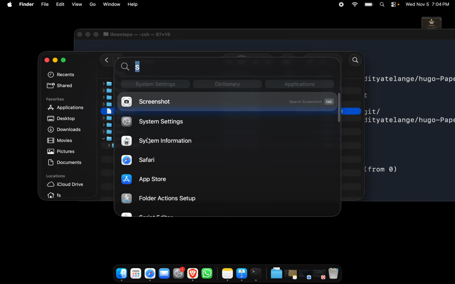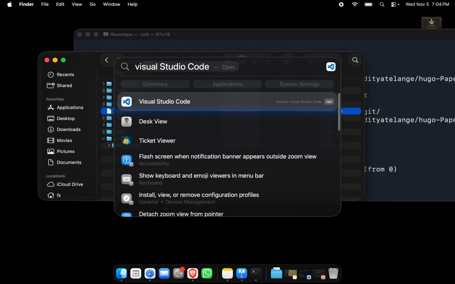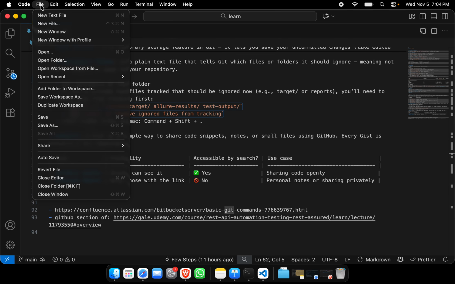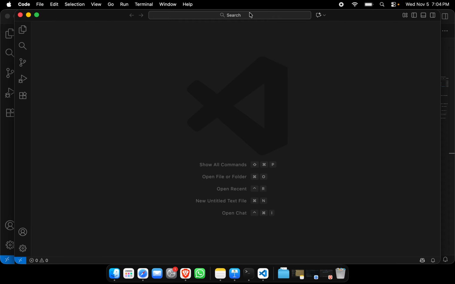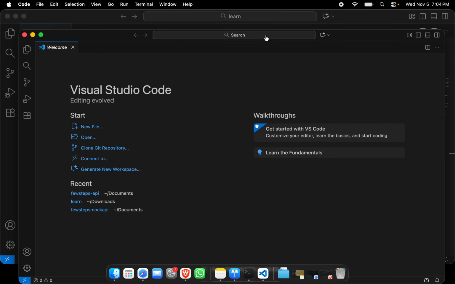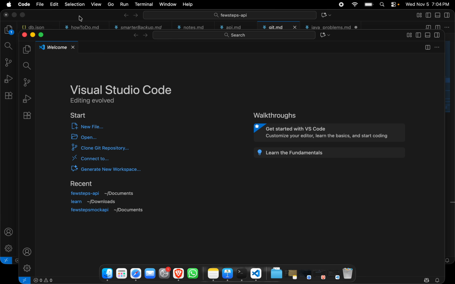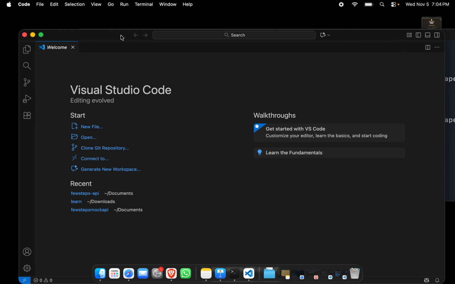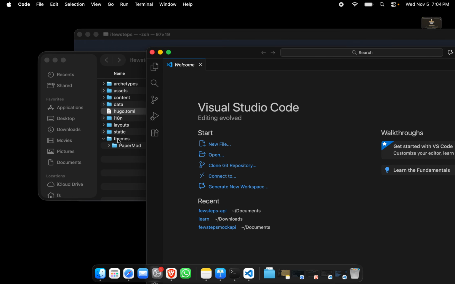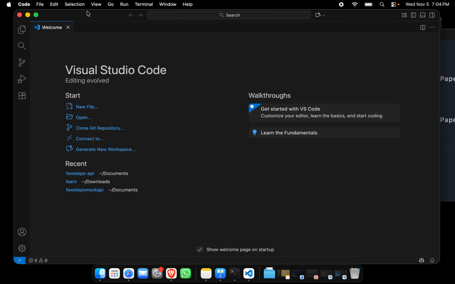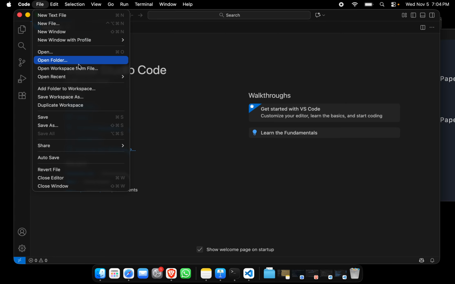So I'm going to open Visual Studio Code, and here I see Visual Studio Code is there. So I'm going to open File, New Window. It will open a new window, and here I can modify everything. What I'm going to do is drag that folder, or we can access this folder from here also. We can press this open button or link, or we can go File, then Open